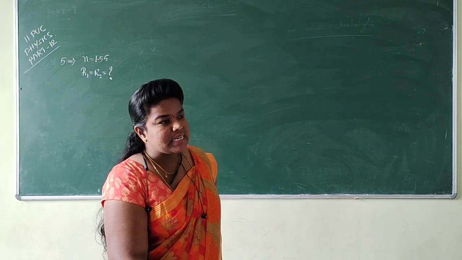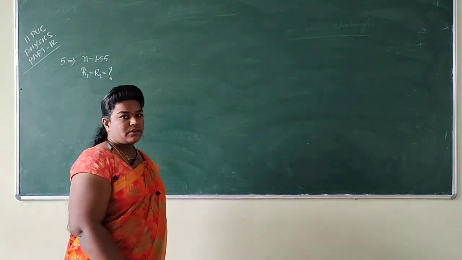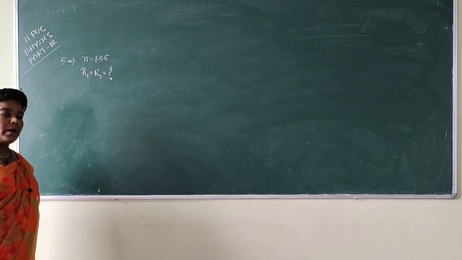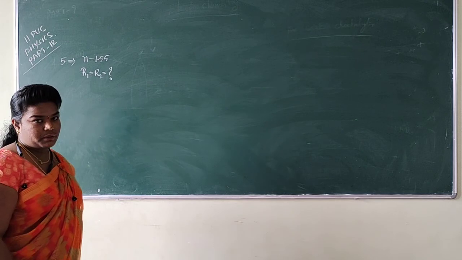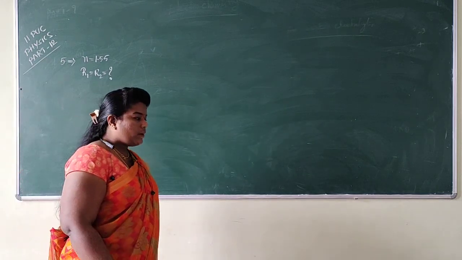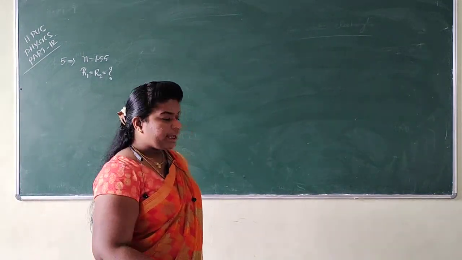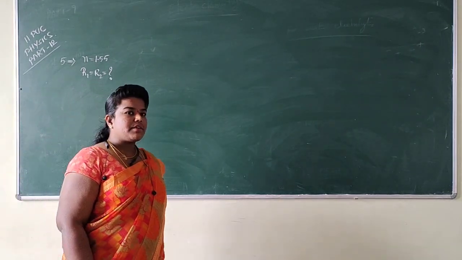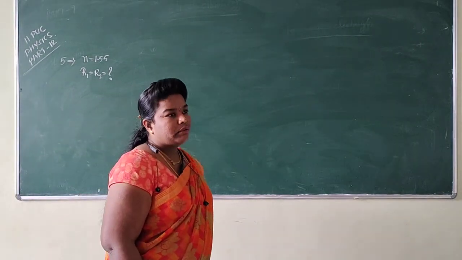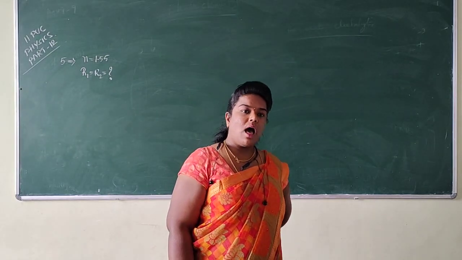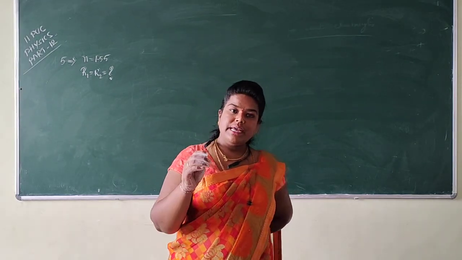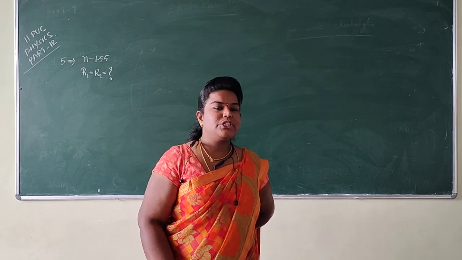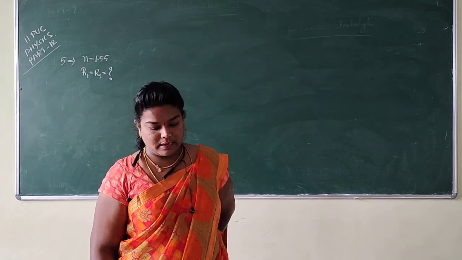Dear students, it's easy for you to calculate the radius of curvature if they give the focal length. But when is it easy to calculate the radius of curvature? It is easy only when they give a spherical surface. For a spherical surface, you know that capital R, the radius of curvature, is equal to 2 times the focal length, that is 2f. So using this relation you can calculate. But here they